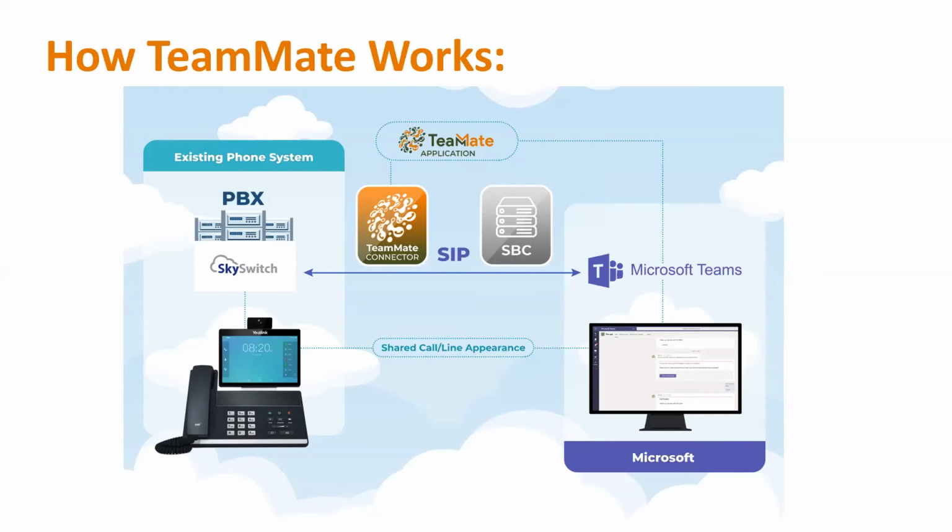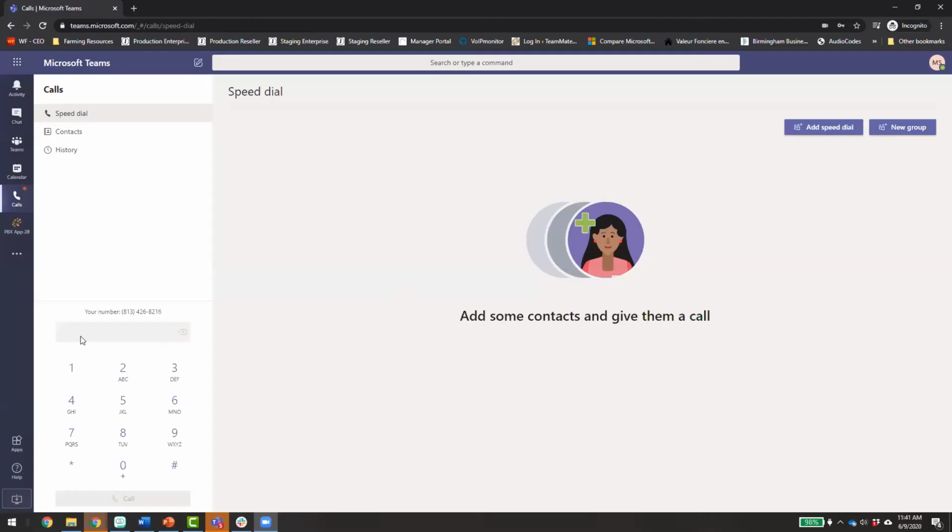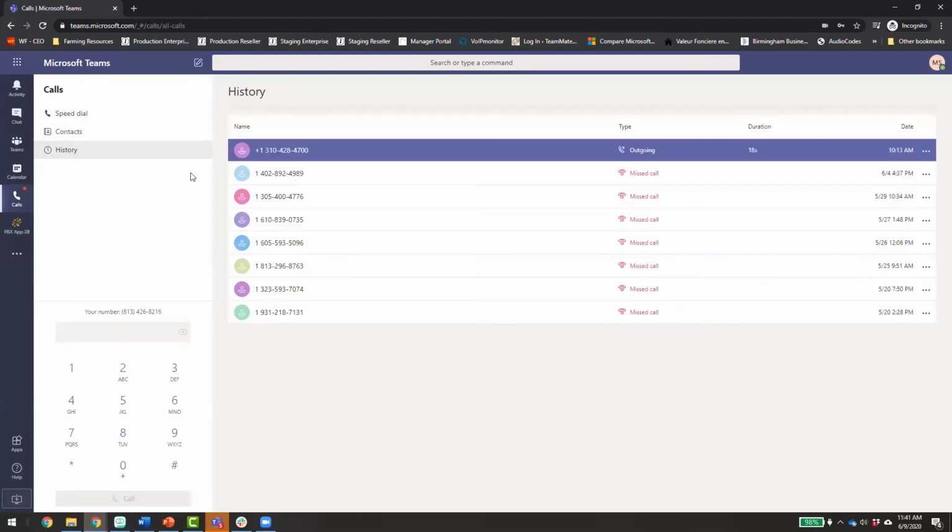and we use this TeamMate connector to register and maintain and subscribe. It's essentially the soft phone firmware that registers to the PBX, and the TeamMate application is what communicates and makes it a graphical user experience within Teams. This is the native dialer in Teams right here. You can dial PSTN numbers, you can dial extensions, you can dial star codes, you can do it all from here, and it all goes to the PBX. This is all things calling from your PBX, just like a soft phone, and it is indeed.